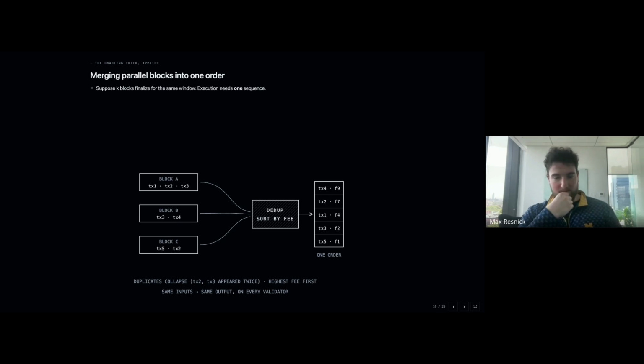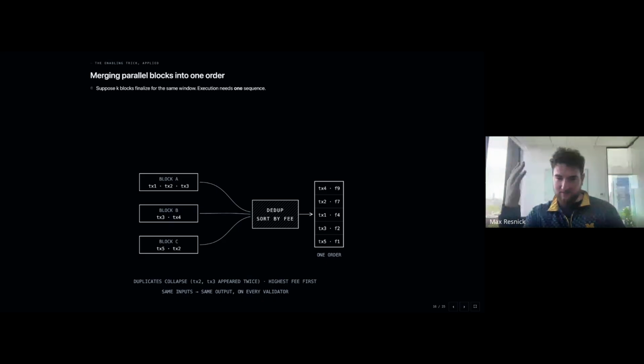Okay, so we have this asynchronous execution. Now we can do another thing, which is instead of replaying transactions in the order that they're received or in the order that they were packed by the leader, we can reorder them however we want. If we have 3 blocks from 3 different leaders, we can smush them all together by just concatenating them, and then we can order them, say, by priority fee, and then execute them in that order. Because now that we've decoupled the two, there's no reason that we need to execute in the same order that the leader proposed the block in.